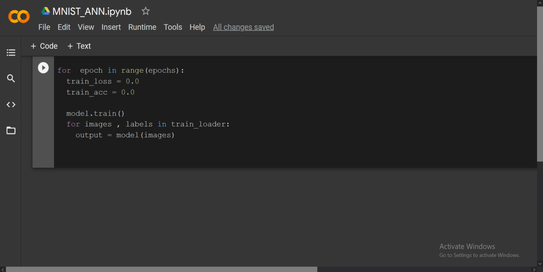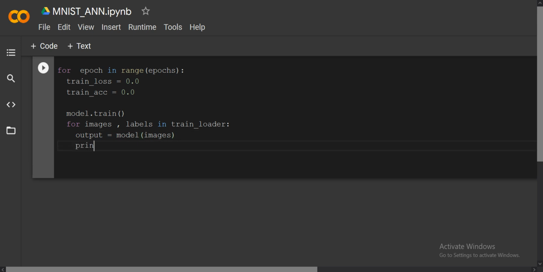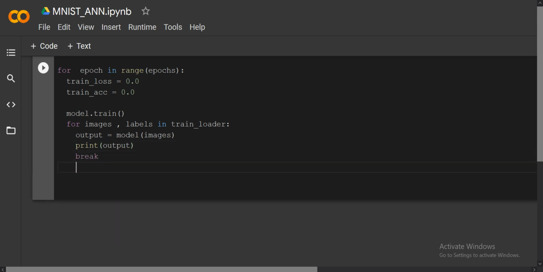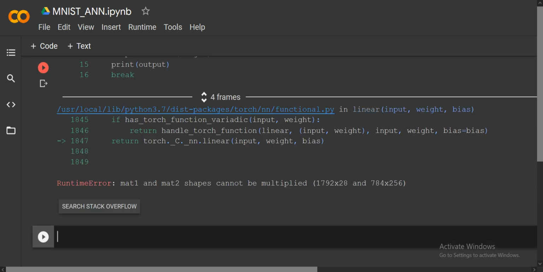So now you can just write here, wait, I can show you, no problem. See how the output looks. It will be only for the particular batch, that's it. That's why we are applying a break. If you are not applying a break, then it will loop through the whole train loader. You want to see the first batch and first epoch, that's it.